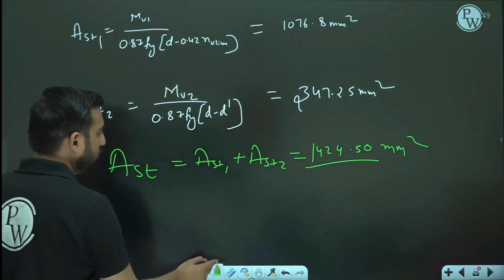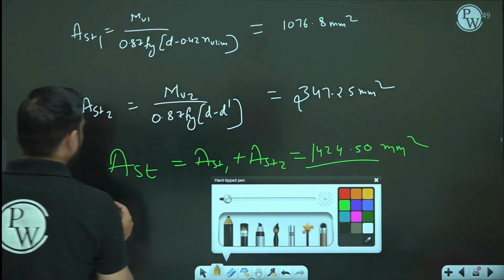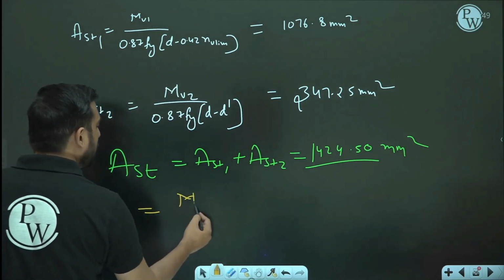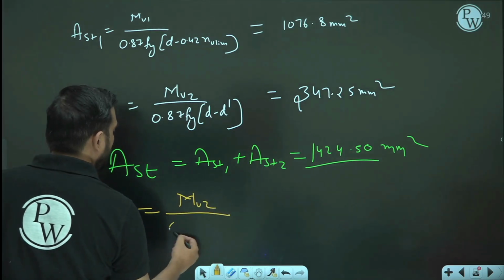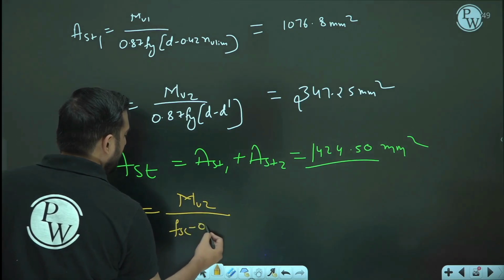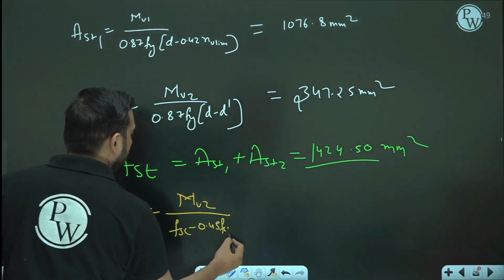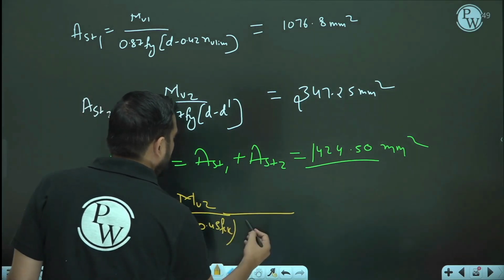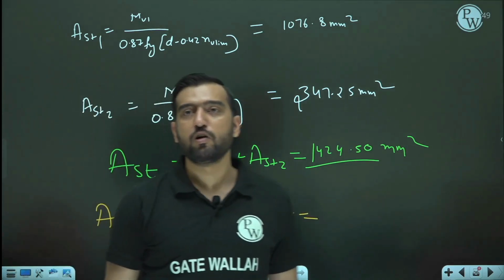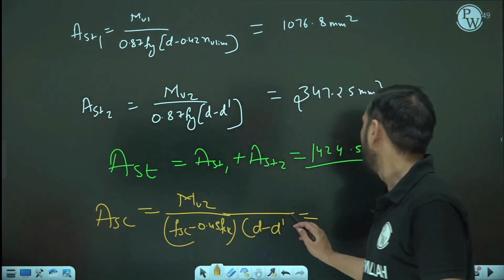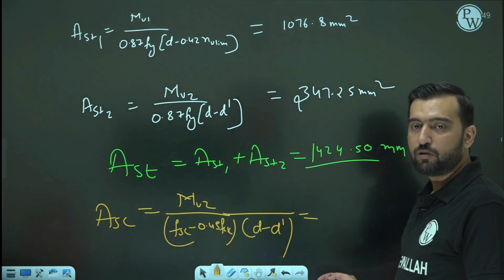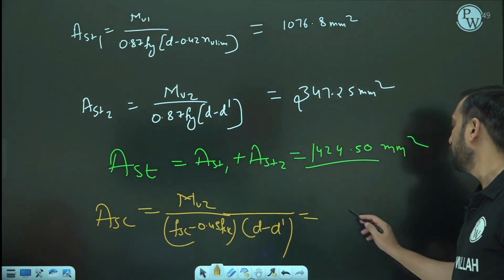When it comes to Asc, Asc is simply Mu2 divided by (fsc minus 0.45 fck) into (d minus d dash), where fsc we have already calculated. On substituting the values of fsc, d minus d dash and all, you will get Asc as 368.2